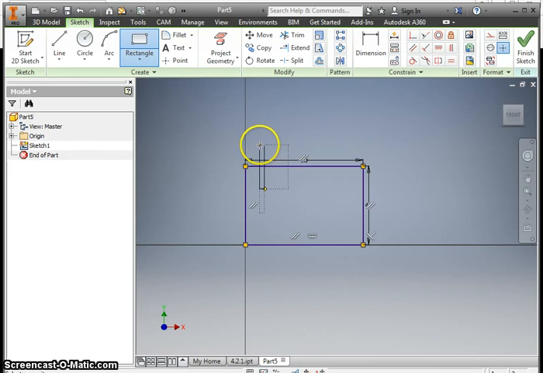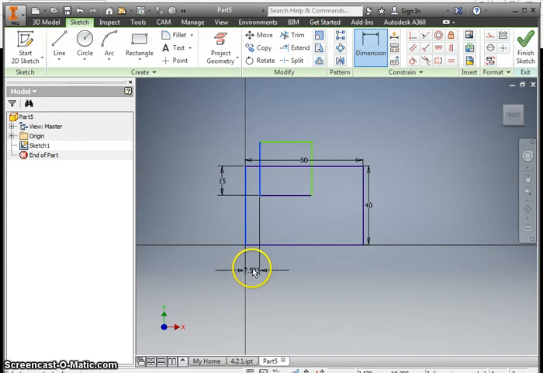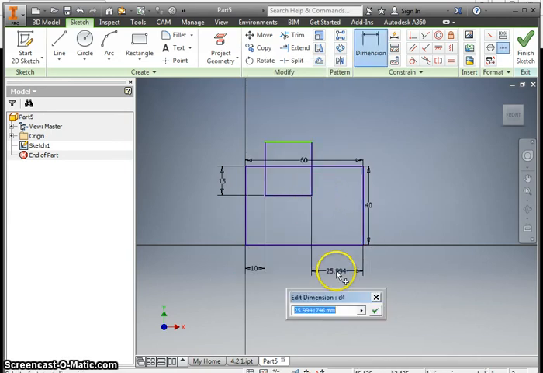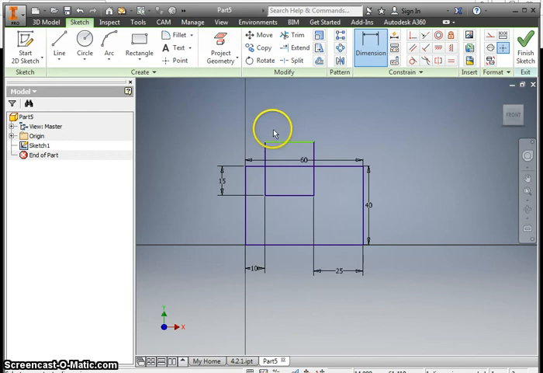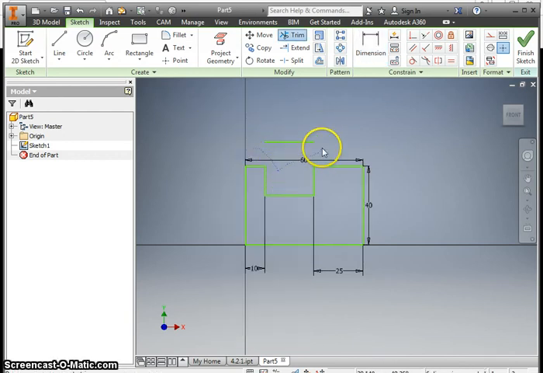And there's a cutout somewhere over here, and it goes down 15, and it's over 10 from the side, and the whole thing is, oh, it doesn't tell you that one. It does tell you from this edge to here is going to be 25. That was pretty close. I'm going to trim off the stuff I'm not going to be using,